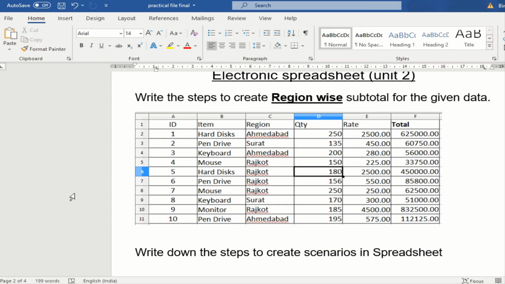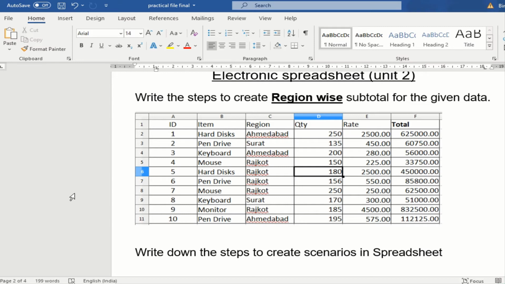Those students who have access to OpenOffice and are able to do this assignment will practice it, take a screenshot, and stick the screenshot of this assignment on the left hand side.